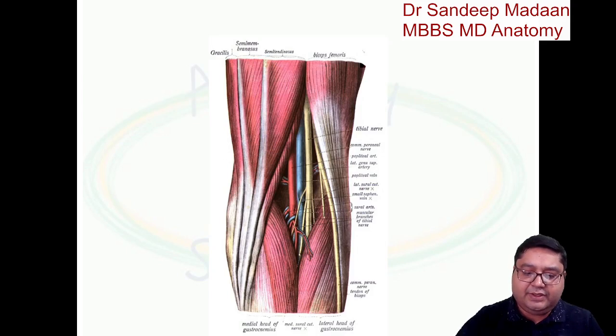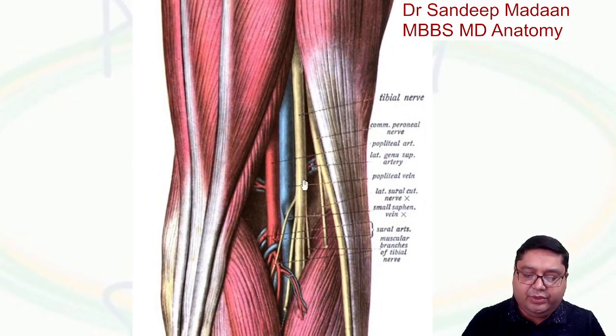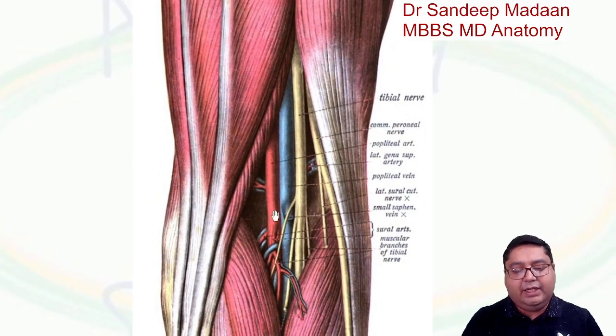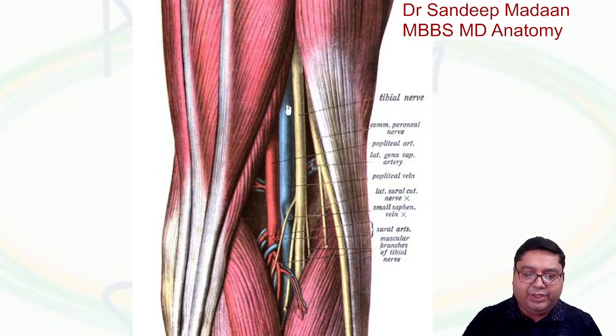Let me discuss this. We can see towards the bone, we have the popliteal artery, and superficial to the artery, we have the vein, and then further superficial, we have the nerve. In fact, here we have the sciatic nerve getting divided into two branches. One branch will continue posteriorly, that will be the tibial nerve, and the other branch, which will be approaching the